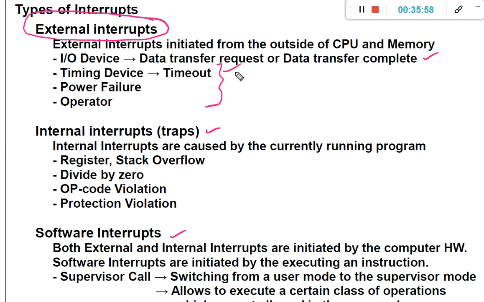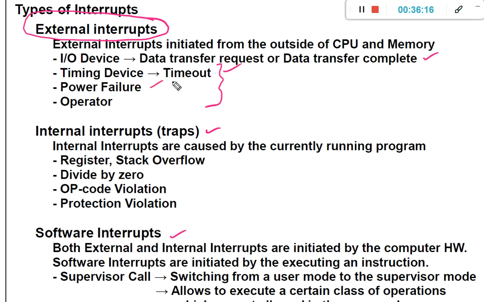In addition to that, there are three other categories of external interrupts. Another is timeout. For example, if a time is set for a particular operation and the time is over, it is going to generate an interrupt and send the signal to the processor.